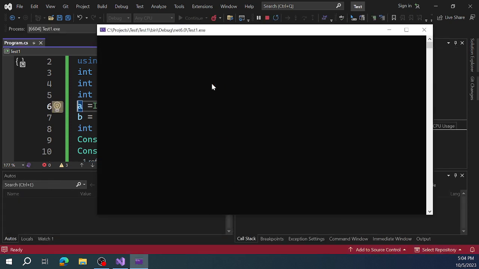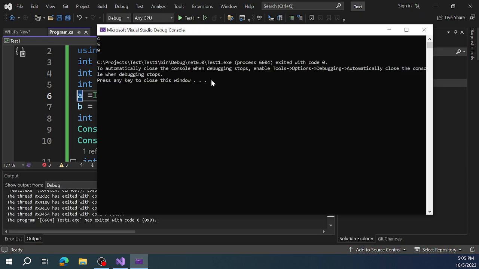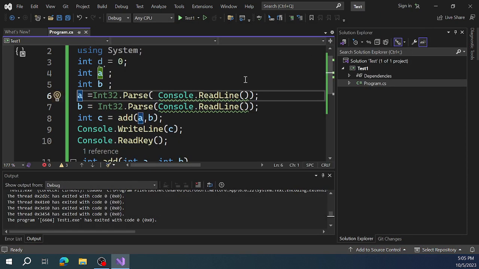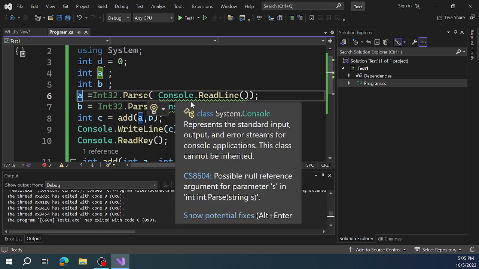Okay. Now I don't see anything. Blindly I'll type 4, enter 5. Now enter. What should be the output? 9. Is it 9? Yes. But don't you think this is not a good way of doing coding? We don't know. Even though we are adding,